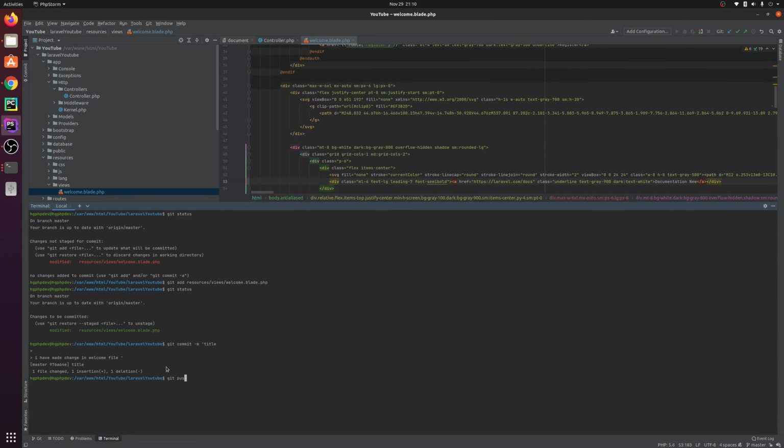Now push. Generate password, hit enter again.